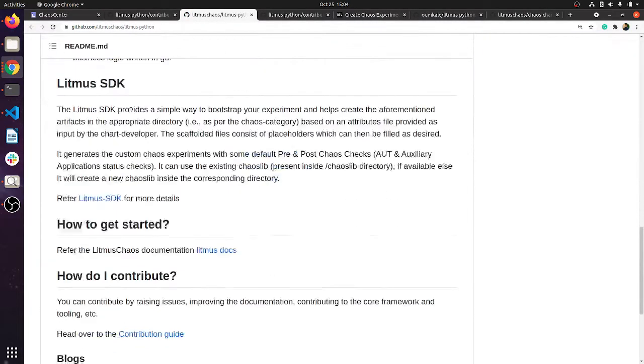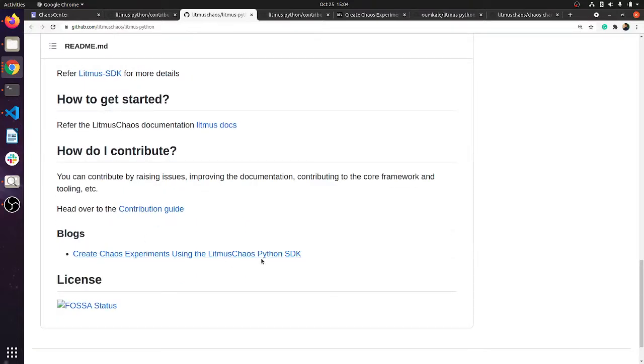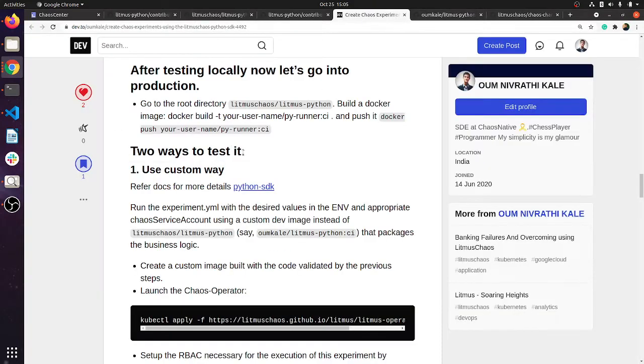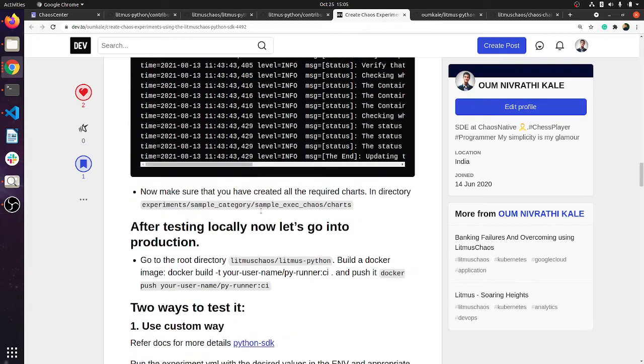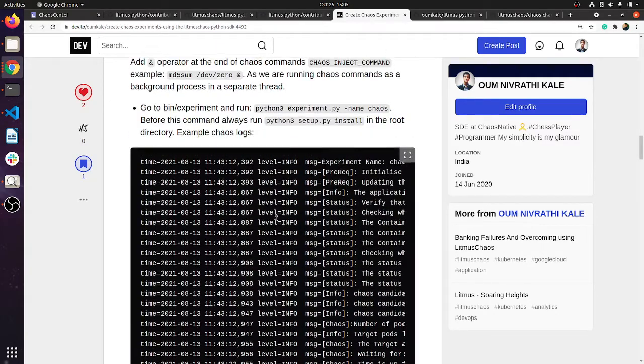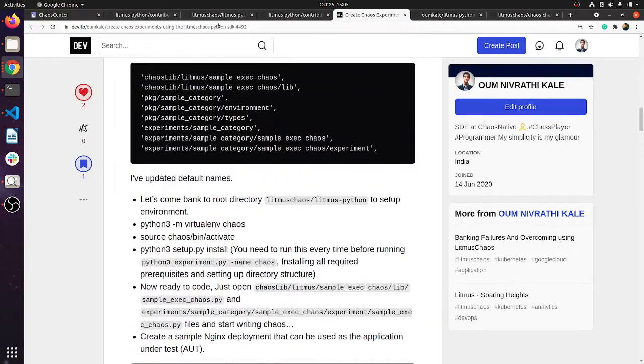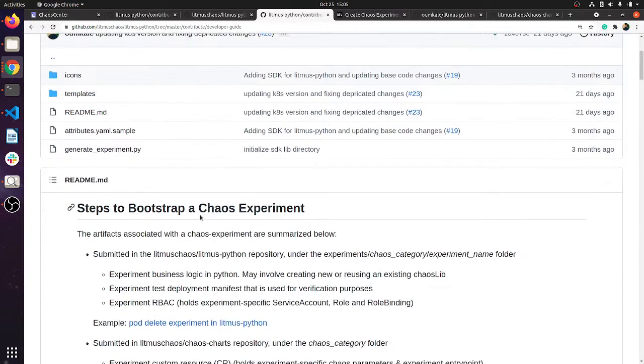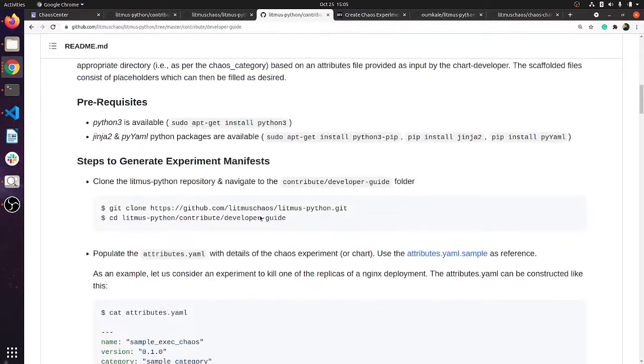You will see this blog. It gives you step by step the complete process, using the Python environment, while the Litmus Python SDK way has been designed using the Octeto environment. You can use both, whichever you prefer.